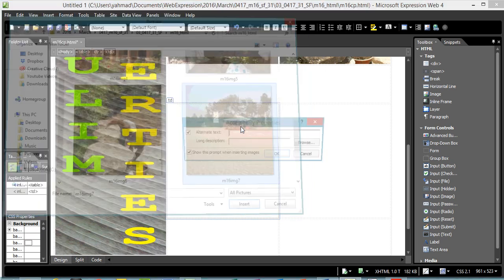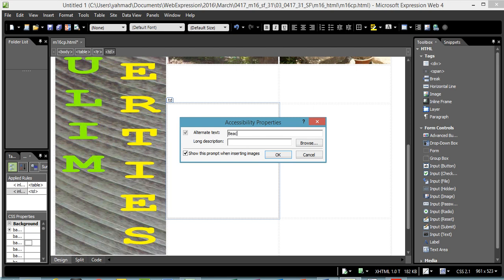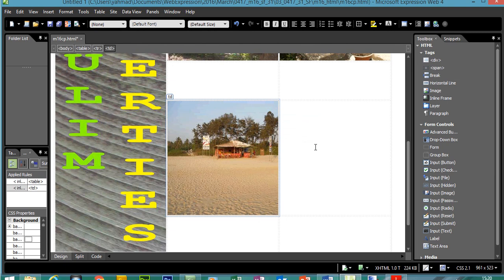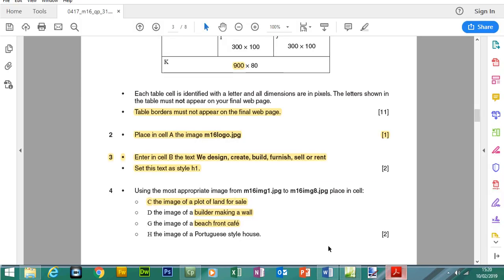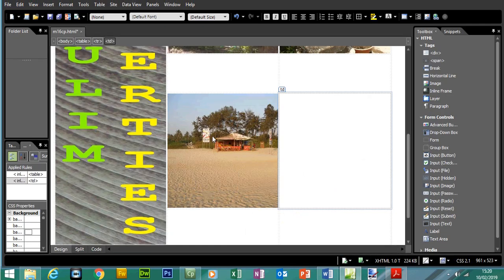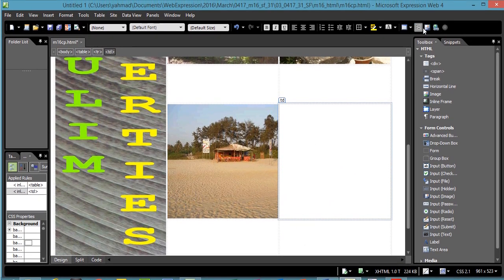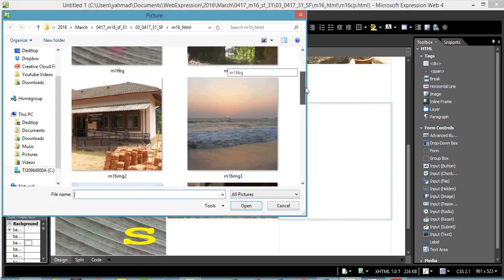Yep, that's a beach and it's a cafe. Let's double click. Let's type in beach cafe for the alternative text. And finally, the last picture which we need to insert is a Portuguese style house, and that's going to be in H, which is next to this cell here. So again, click on the icon to insert picture,